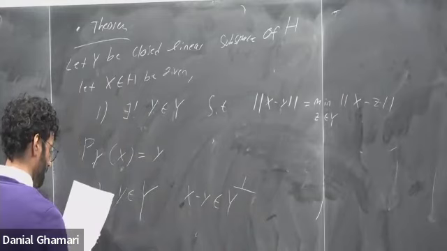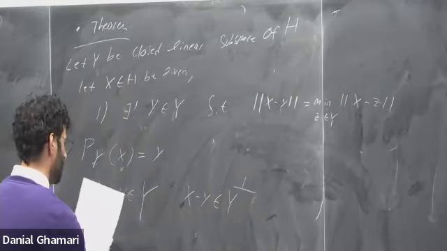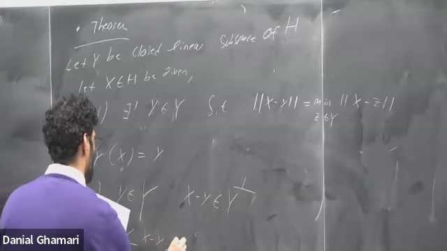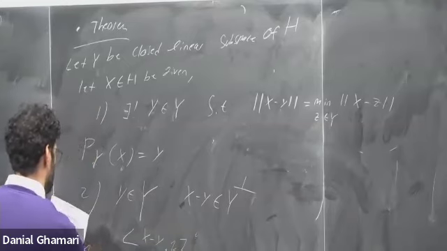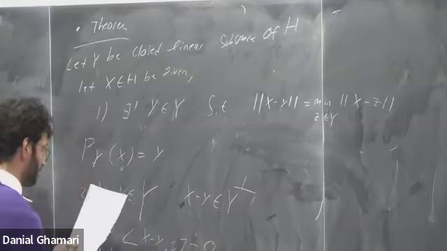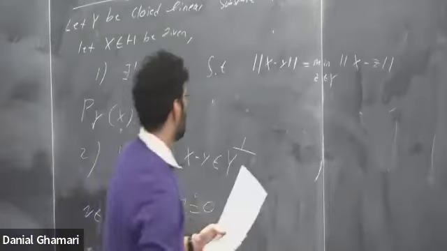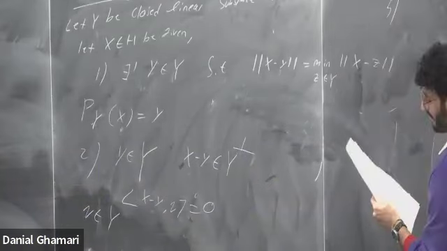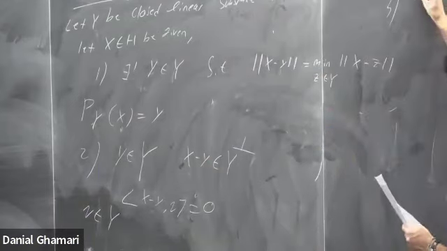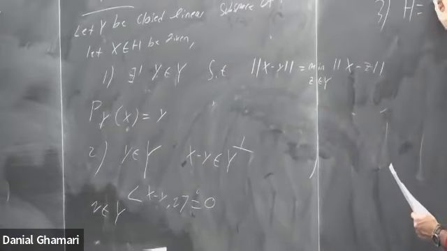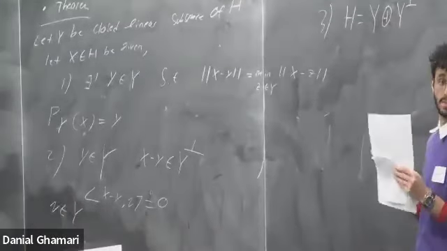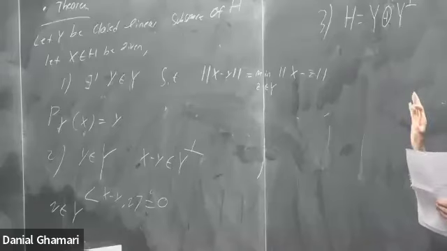Essentially what we have here is that if we take X minus y and take the inner product with some vector v, where v is an element of Y, this is always going to be equal to 0. And the third property is that if I have any closed subspace Y of H, I can decompose H into Y direct sum Y perp. This is basically Hilbert's decomposition theorem.